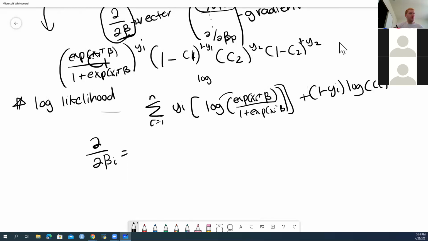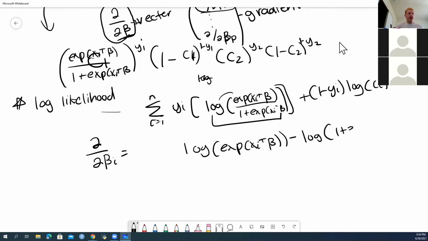This expression is going to be log of xi transpose beta minus log of 1 plus xi transpose beta, which is going to equal xi transpose beta minus